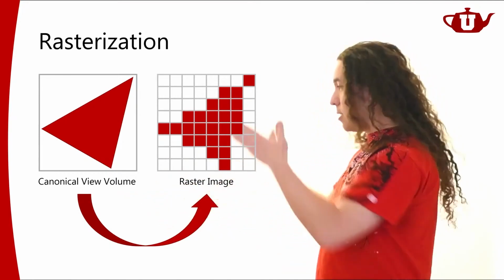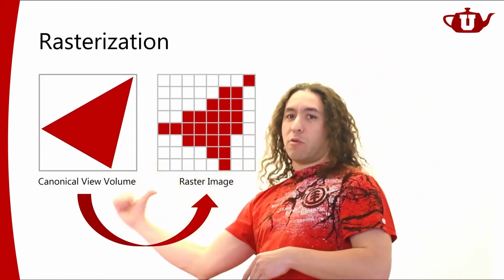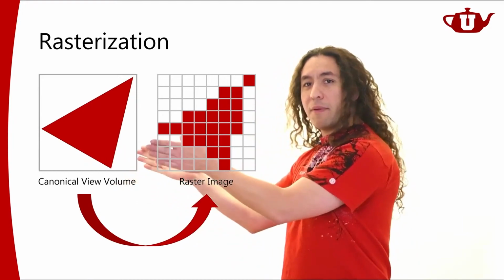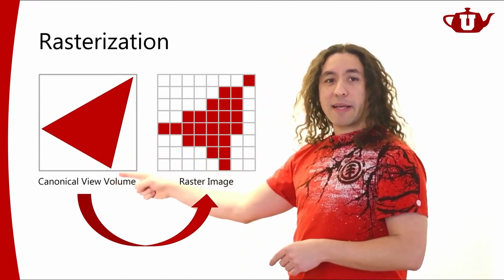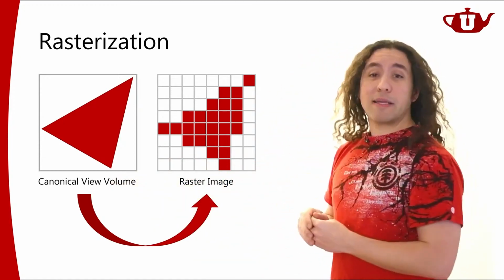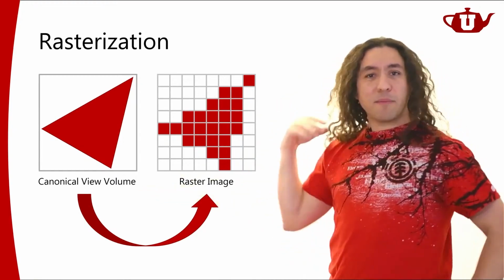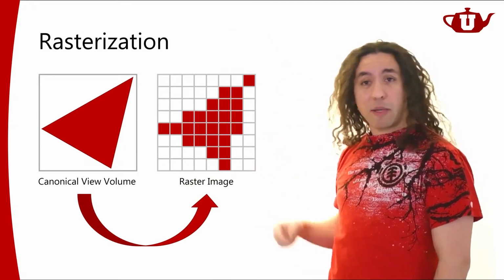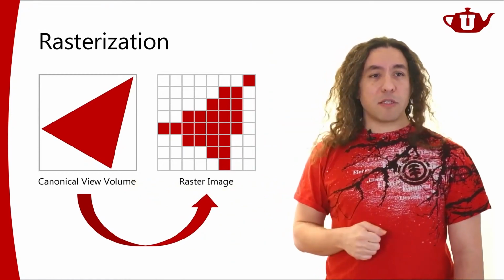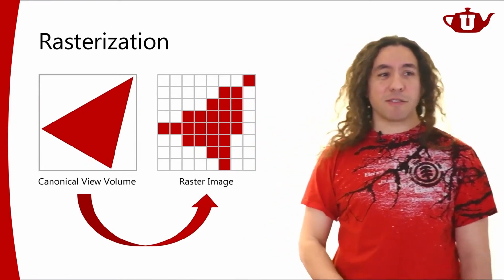But what we see is just the 2D part of it. So there's an X coordinate, and this is the Y coordinate, and the Z coordinate is towards you in the canonical view volume. If you collapse the Z coordinate, you get an image like this. If you rasterize that image, that is, if you convert it into a bunch of pixels, it will look like this. So this is going to be the raster image that's coming out of this canonical view volume. And the rasterization algorithms will try to do this conversion, go from canonical view volume to a raster image, right? So it's going to be sort of pixelated because a raster image is made out of pixels.